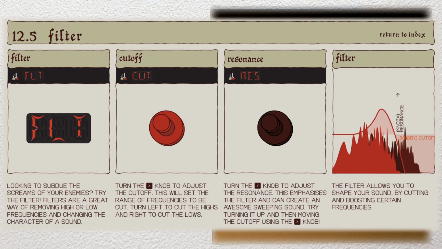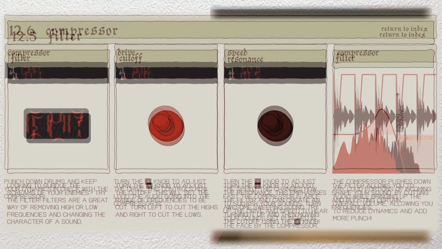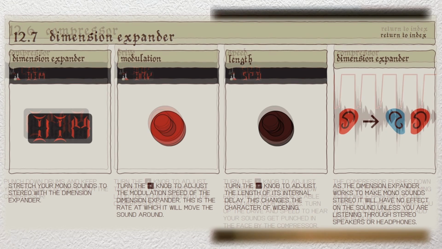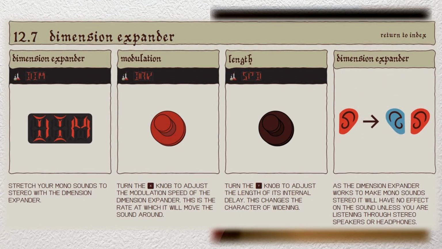Filter. Compressor. And Dimension Expander. You can also use the pads to punch in effects by holding down Focus and a pad,